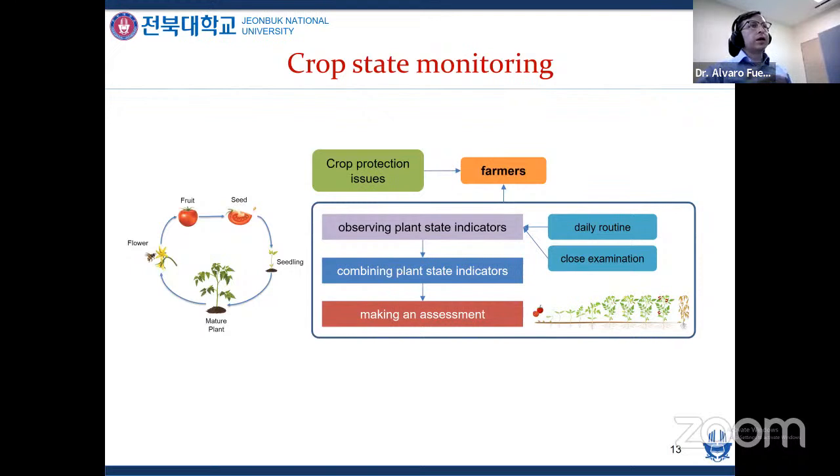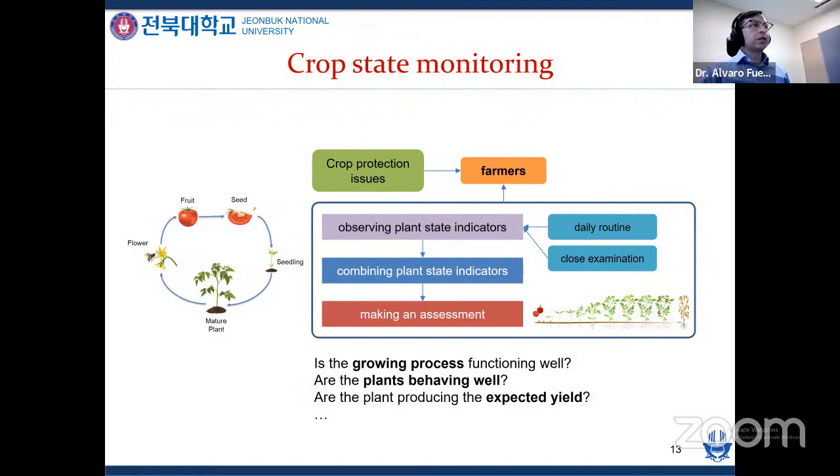So what are the issues present now, and what could the farmer do to improve those issues and generate a better state for the plant? There are several questions in this regard. For example, is the growing process functioning well, are the plants behaving well, or is the expected yield somehow obtained? A lot of questions in between are traditionally executed by people going through the field and checking the processes, which demands high expertise in the field and in understanding these complex